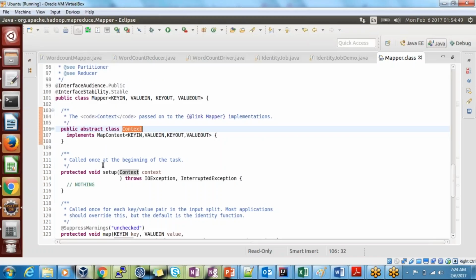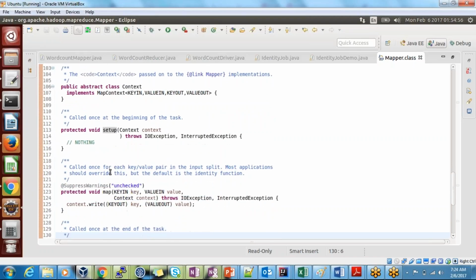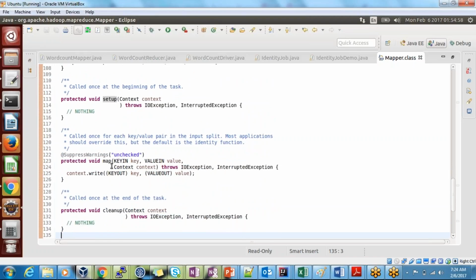Okay, come inside. You have a setup method. We are not doing anything in this setup method. And you have a map method. Guys, this is important. Look here. It is taking the key and the value and returning the same, right? Key and value. It's not doing anything. Whatever key and value it takes, the same key and value is given back, written back to your hard disk